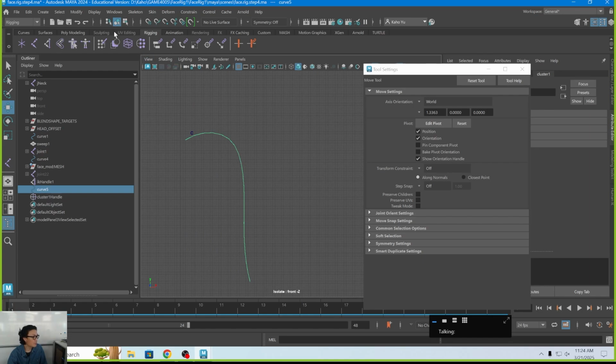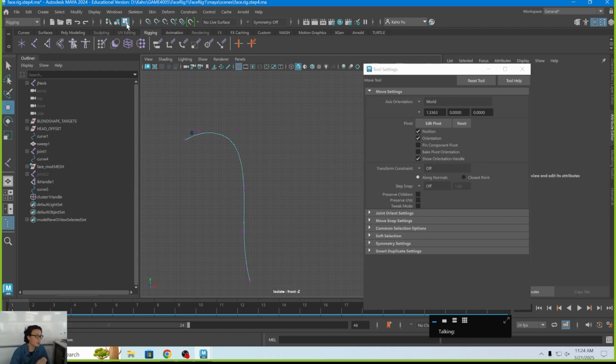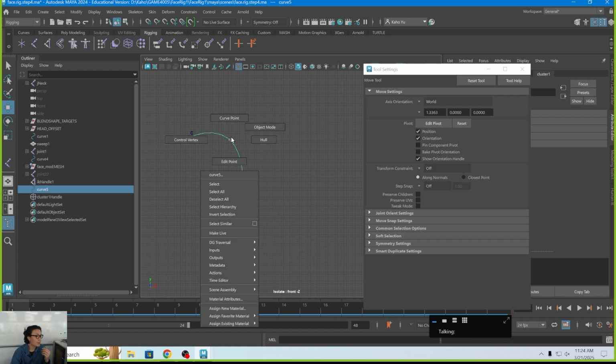This allows you to get access to the components on the object level. It allows you to access the components at the object level. 即係話你可以喺你唔需要特登轉去 component mode，你都可以影響到啲 components。component 可以係 vertex，可以係 CV，可以係 edge，可以係 face。